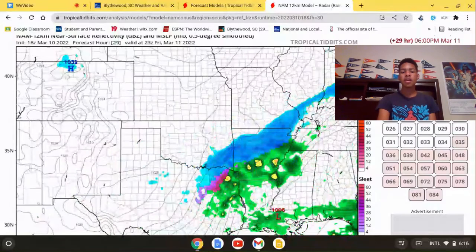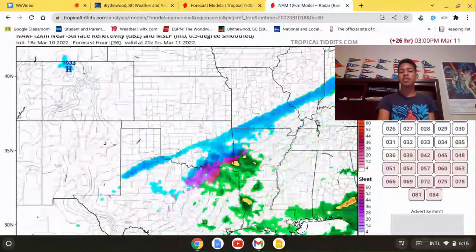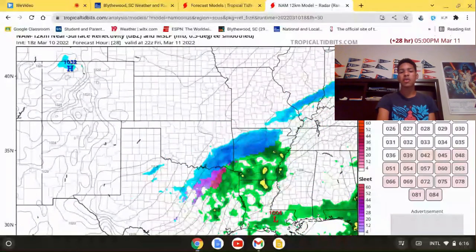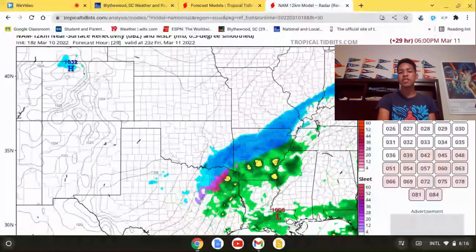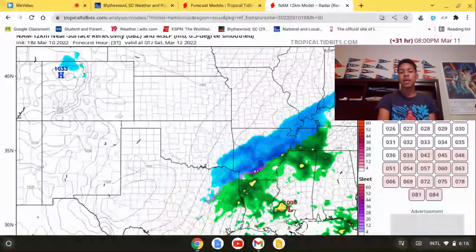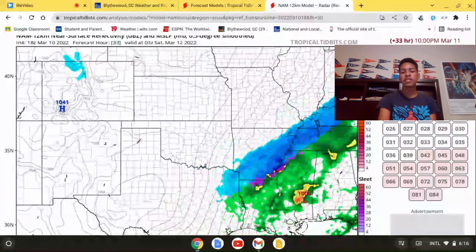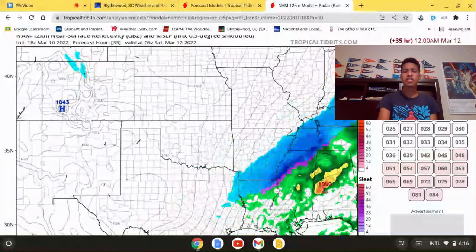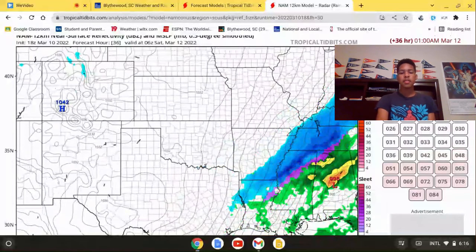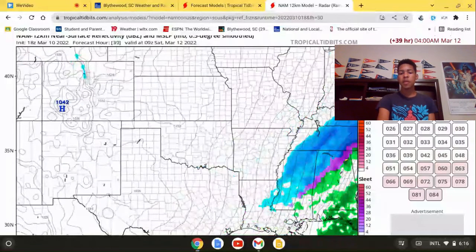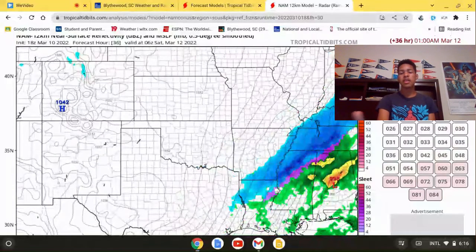And then it moves into Arkansas. So if you live in Little Rock, we'll start off as maybe some rain and then quickly change over to snow. Some heavy snow is possible in this area. We might see some accumulating snow here. And then as we get into Saturday morning, it starts to move into Tennessee, Mississippi, northern Louisiana, northern Mississippi, Jackson, Mississippi. We might start off as rain and then end with snow in Jackson, Mississippi.